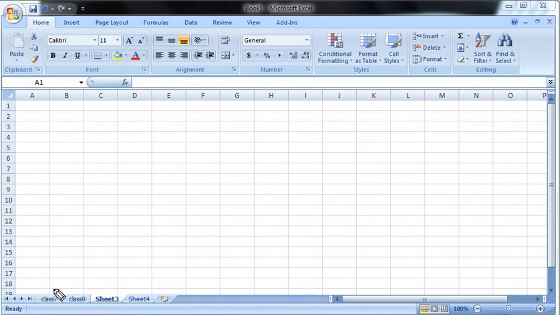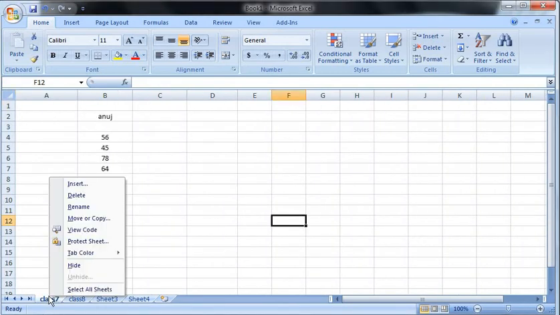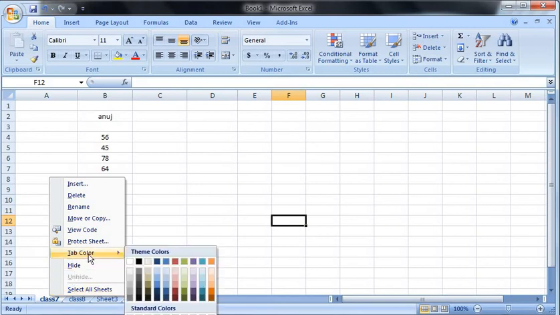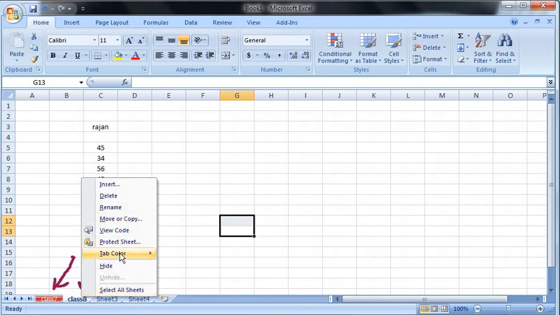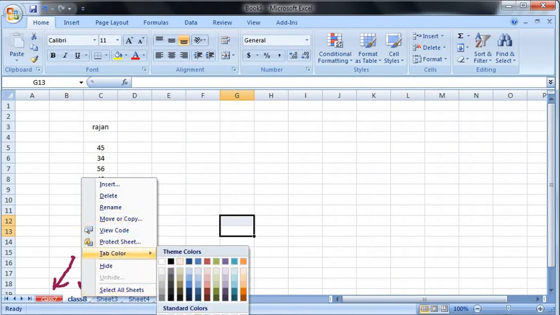Suppose I want to change the color of this sheet tab, class 7. So what I will do, I will right click on it, and here the tab color option is there. In this I want to make it red, so I will click on this. See, now its color has been changed. Now in case of this class 8, I want to change the color of this tab to green. So I will right click on it, go to the tab color option, and go to the green option.